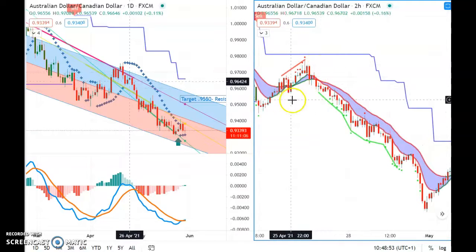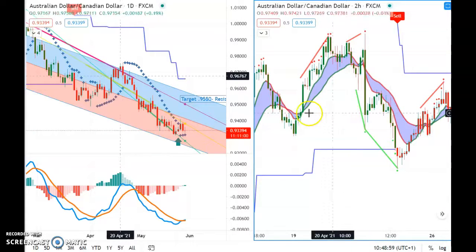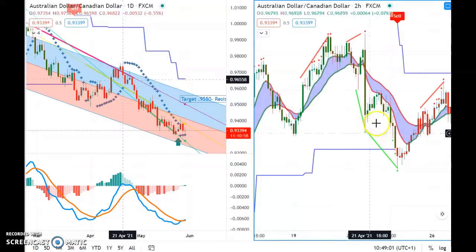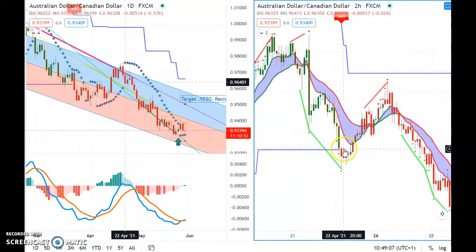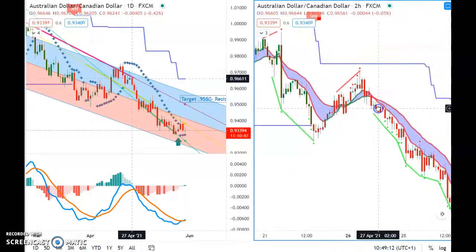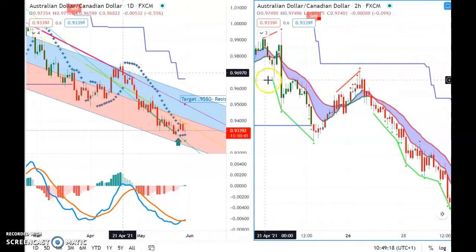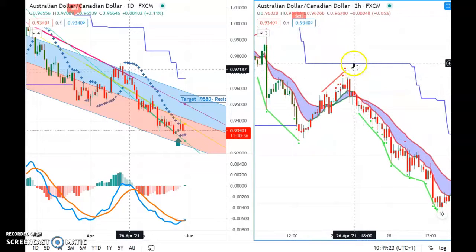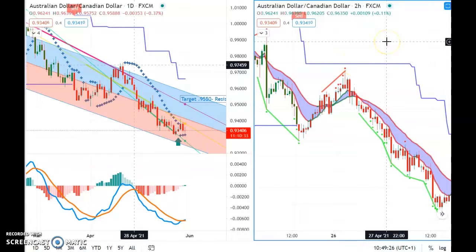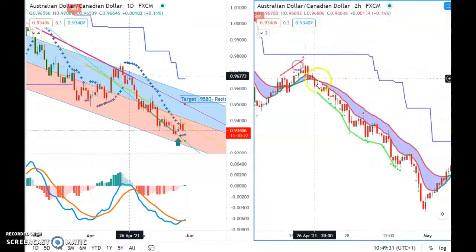Here's the continuation of the downtrend on the right for the Aussie Canadian. So let me show you here. We had a seller indicator here at 96.40. So we had the resistance line at the top here. We had the parabolic on the left. Can you see that? And so this resistance line is your trailing stop. So these are signals. So there's one signal there, another signal there,